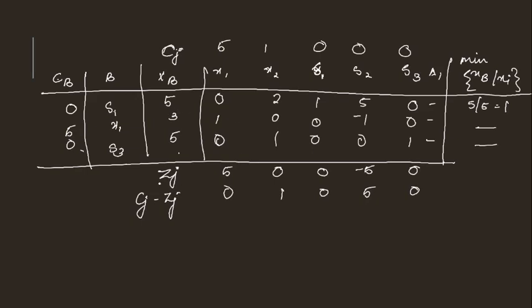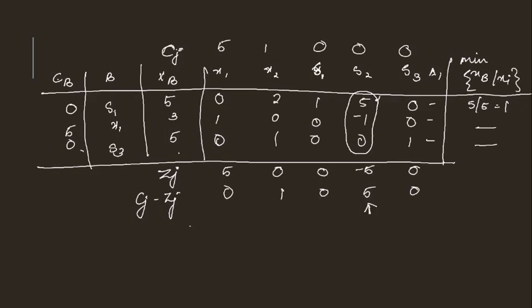Then the same procedure: you find out Zj, then find out Cj minus Zj, and what I have witnessed is, when I found out Cj minus Zj, I don't have any negative values over here. So I'm not supposed to stop, because it is a maximization problem. So I'm just going to find the maximum positive value of Cj minus Zj, and that is 5. Corresponding to that, this is the column that I get, right?